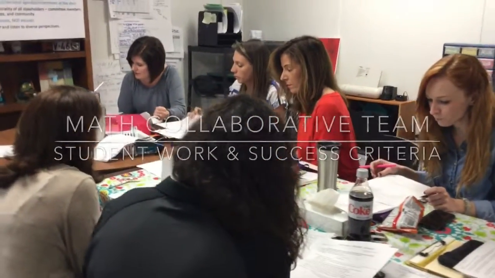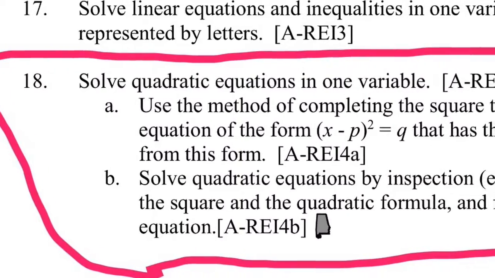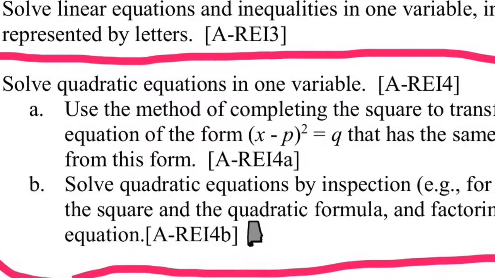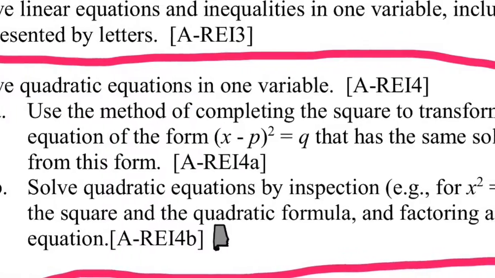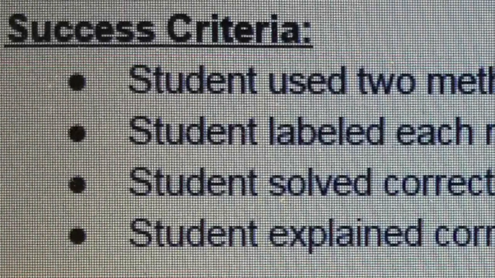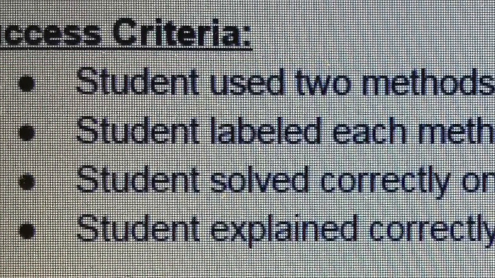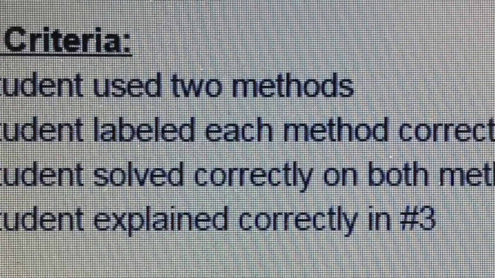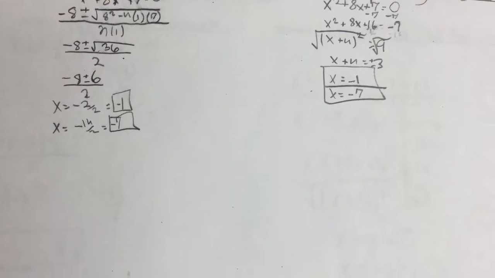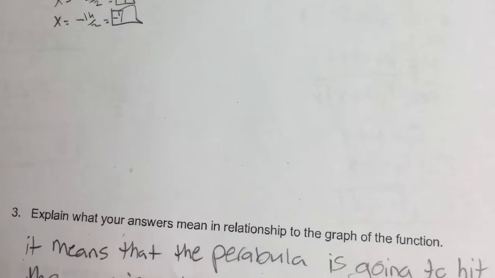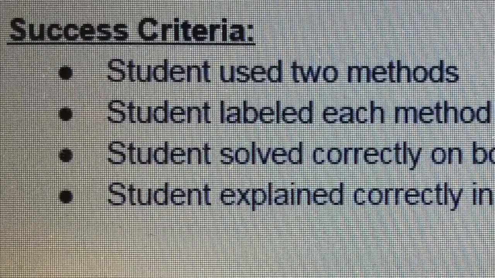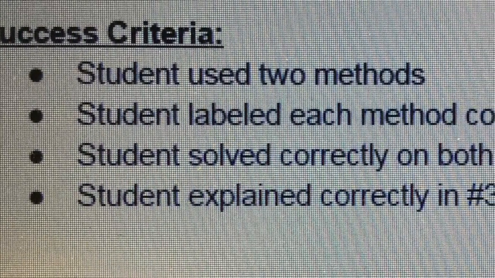The success criteria, the standard was where you're solving quadratic equations in one variable, and we use the method of completing the square. So for my success criteria, I put that they needed to use two methods. They needed to solve each of them correctly on each method. They did label the two types of methods, and then explain correctly in number 3, explain what that means about